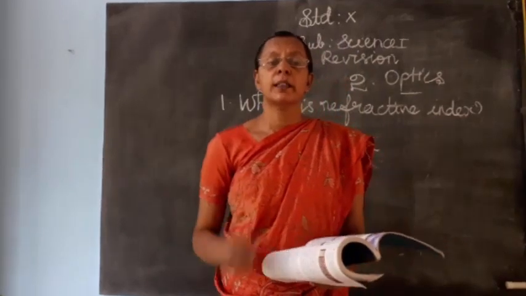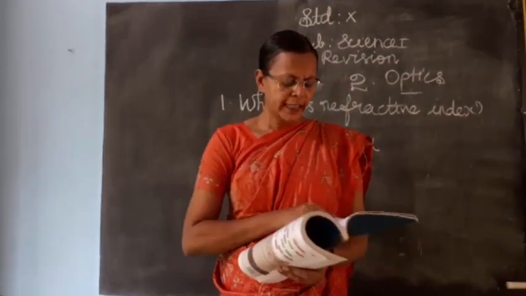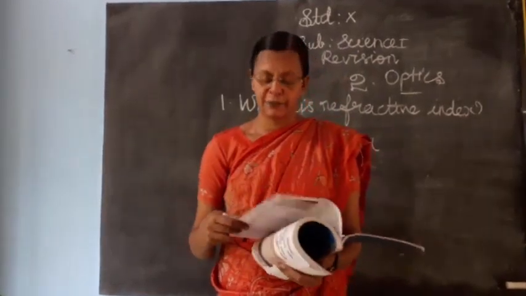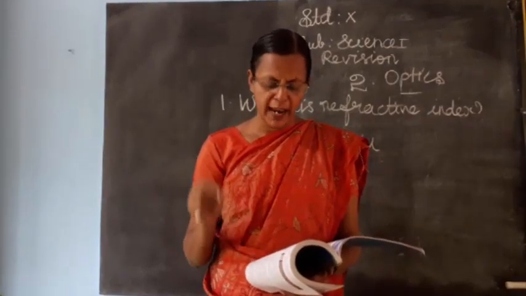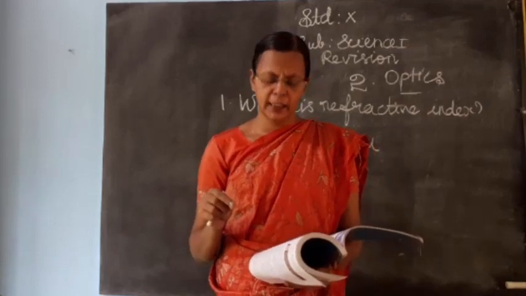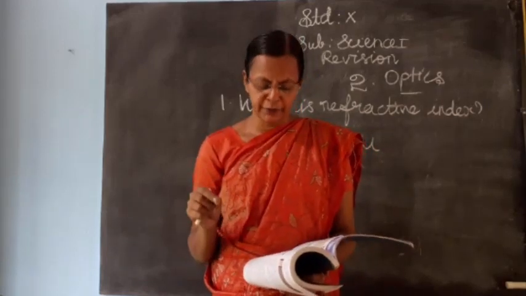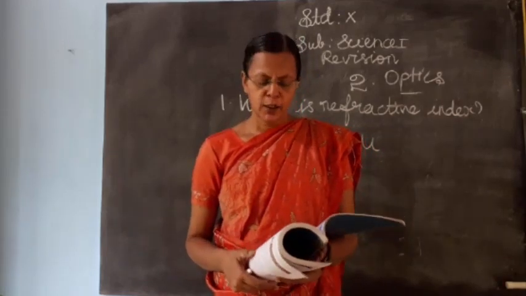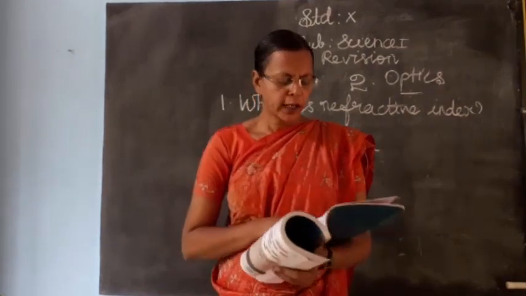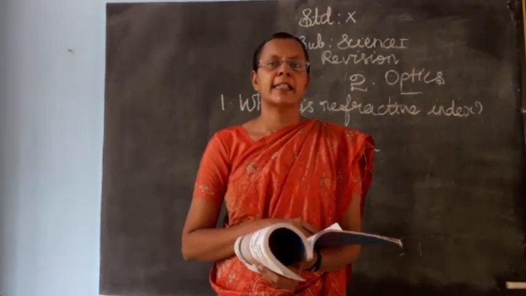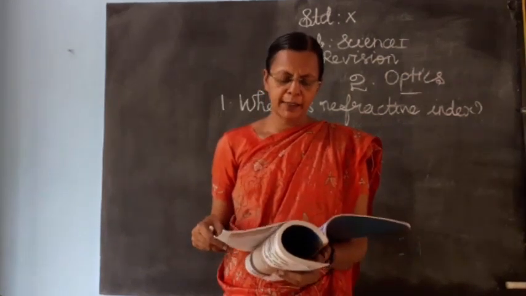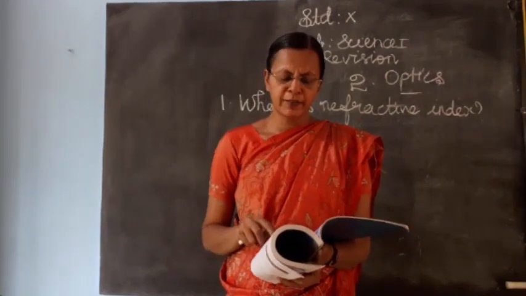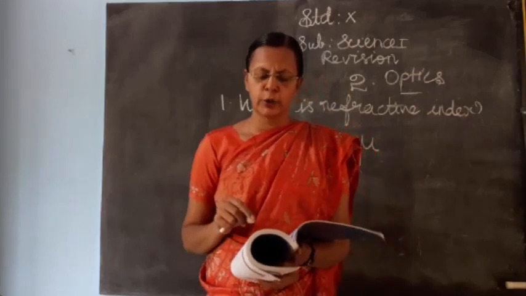So we can say the answer once more. What is refractive index? The ratio of the speed of light in vacuum to the speed of light in a medium is defined as the refractive index mu of that medium. Second question states Snell's law. That answer is also on the same page, page number 17, below the first paragraph of the second law of refraction, and that equation.